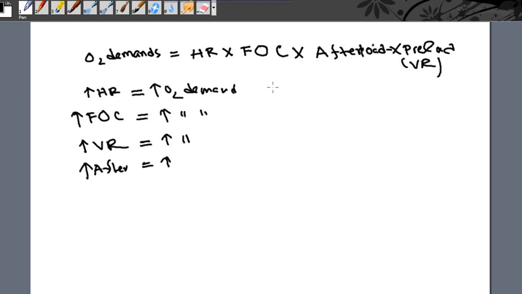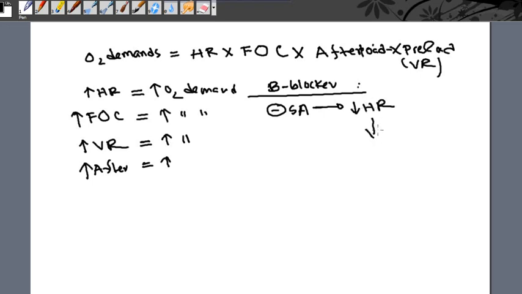If you give the beta blocker, it blocks beta 1 receptor in the SA node, right? So what does the beta blocker do? Beta blocker blocks beta 1 receptor on the SA node. When it blocks beta 1 receptor in the SA node, your heart rate will go down. And when your heart rate goes down,